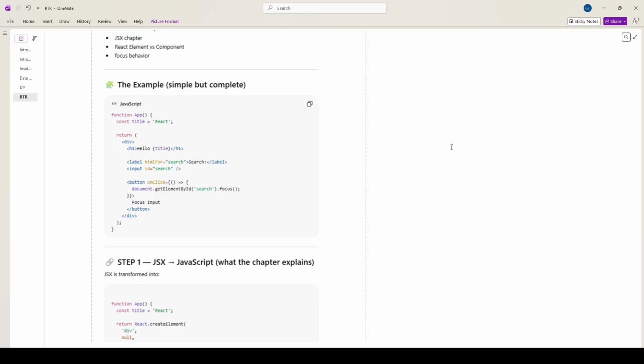return a div parent container with an h1, label, input and button children elements. So for h1 we have "Hello" string interpolation title. For the label we have htmlFor attribute equals "search" string, then inside the search, and then input with an id attribute equals "search" string, then button onClick,